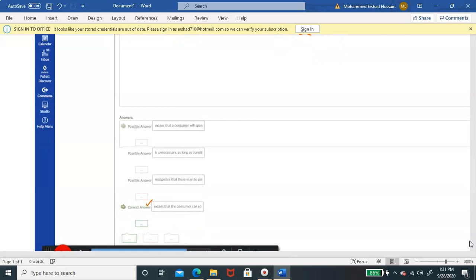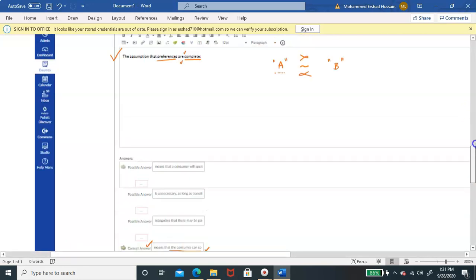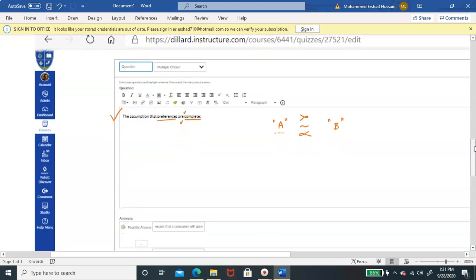See, the correct answer is, you cannot see all of this here, but they are saying in writing that the consumer has enough information to decide which one, A or B, he likes or not, and he can prefer A to B or B to A, or he can be indifferent between A and B. Okay,